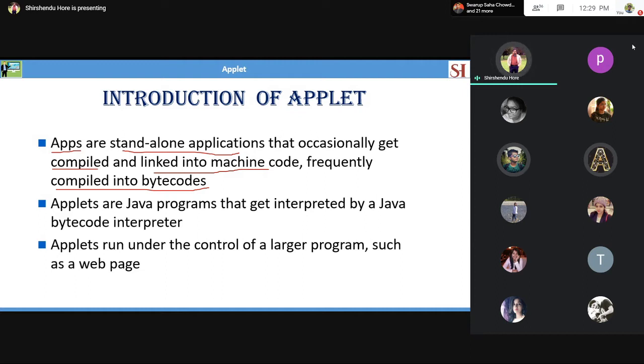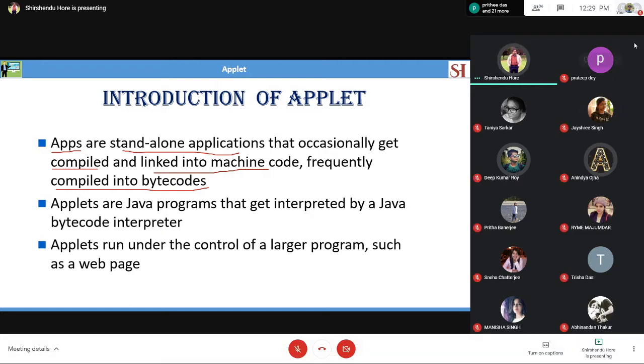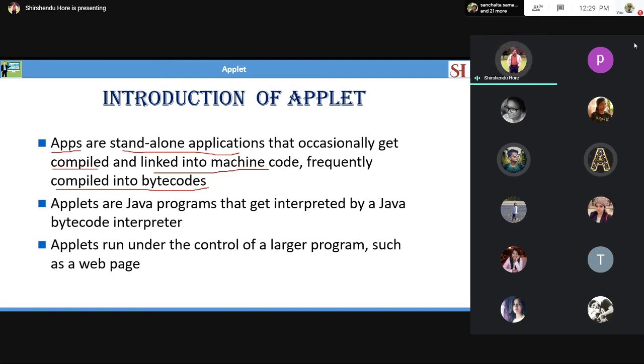But in case of applets, they must be interpreted by an interpreter and run under a bigger program that is basically called a web browser, or run inside a tool. The name of the tool is the applet viewer. So applications are independent. They don't have any dependency on any other thing. But applets cannot execute by themselves. They don't have their own legs.